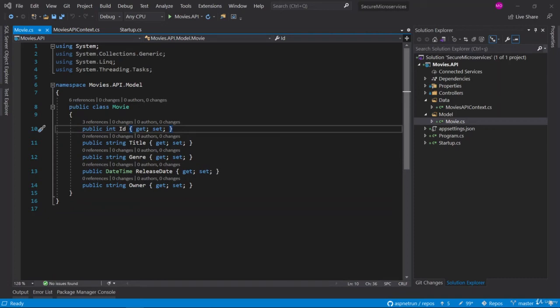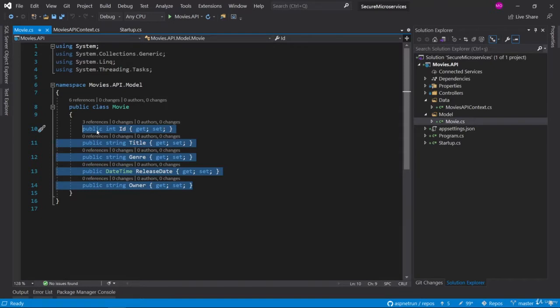In this video, we are going to seed an in-memory database with Entity Framework Core. Let's take action. Before we start seeding our movie database, we should update our movie entity class. So I am going to add some new members to the movies in order to use from the GUI.